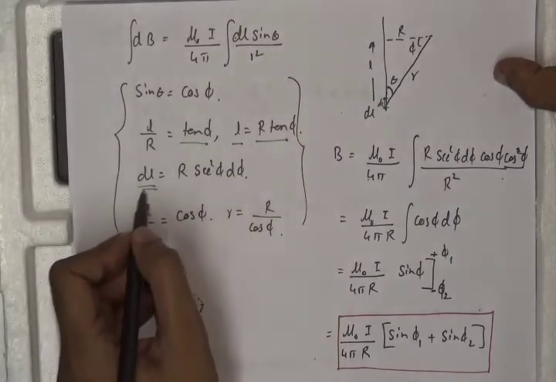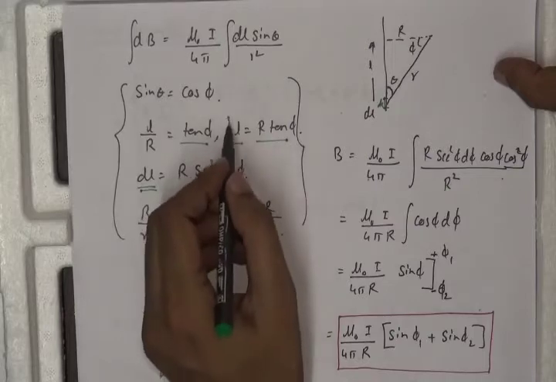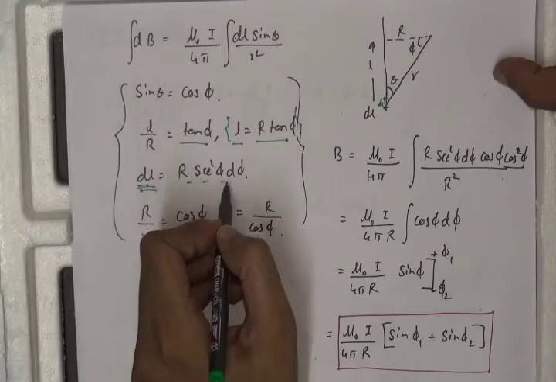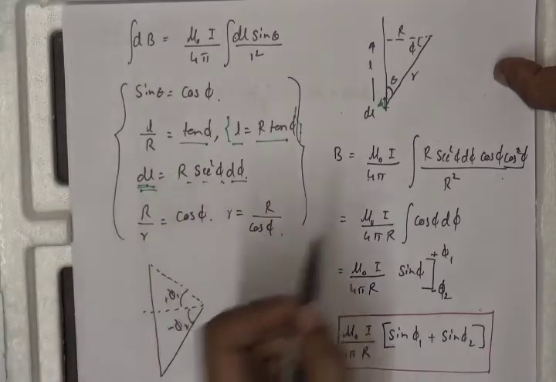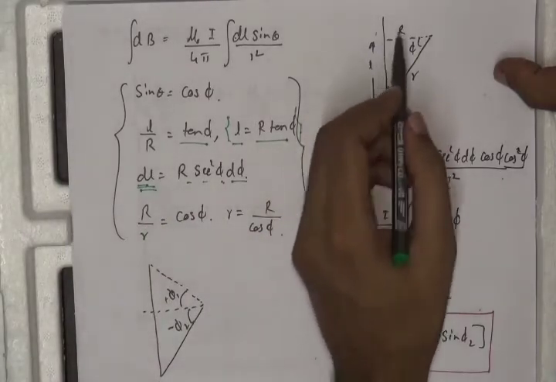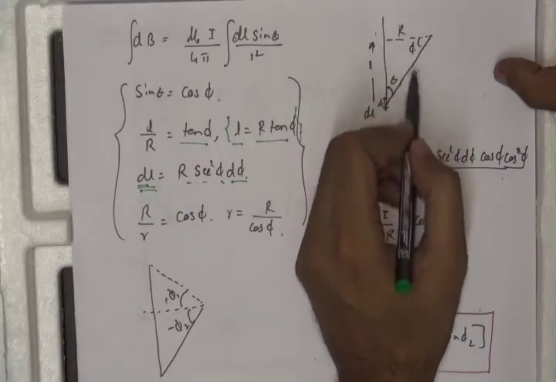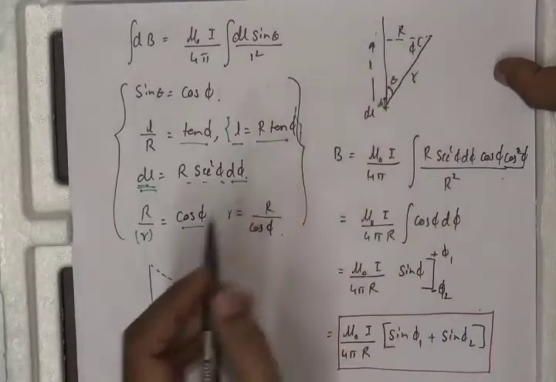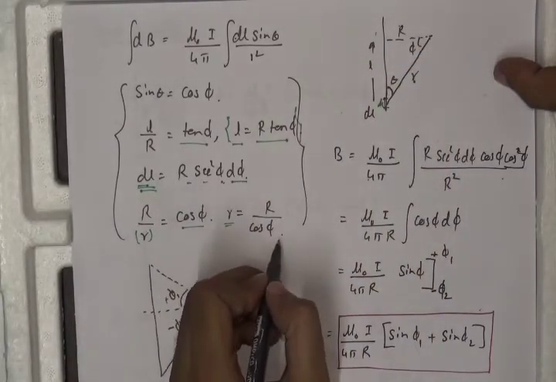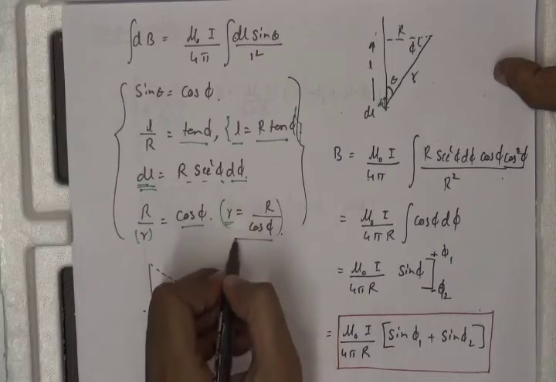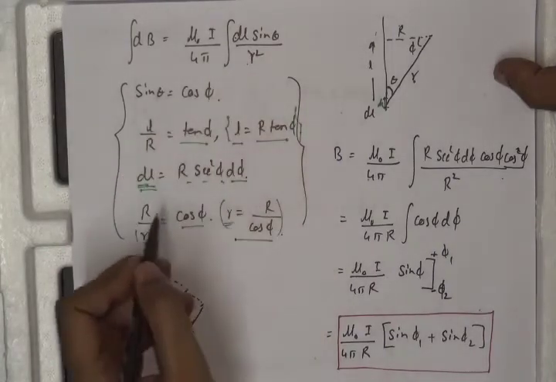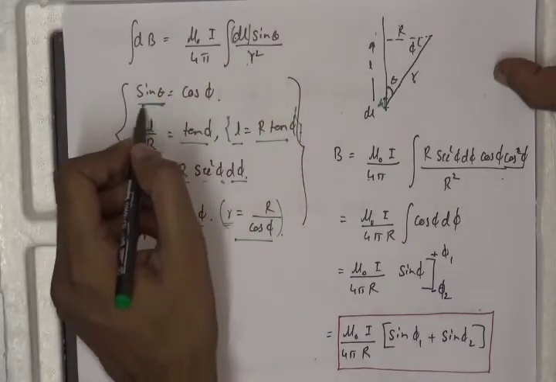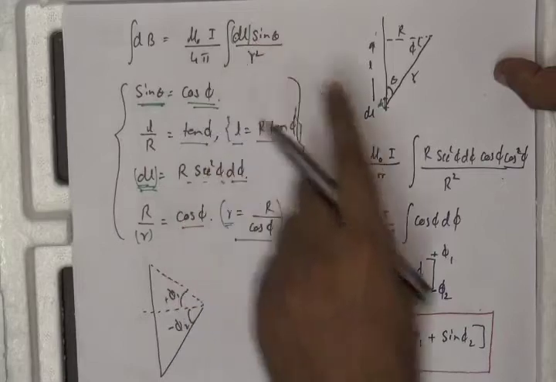Simply dl will become equal to, what I have done, I have simply differentiated this. dl will become equal to r sec square phi d phi. And further, in this triangle, capital R by small r is equal to cos phi. Therefore, this distance small r will become equal to R by cos phi. I just put this value of r here in r square, I put this value of dl here in dl, and I put this value of sine theta equal to cos phi in this